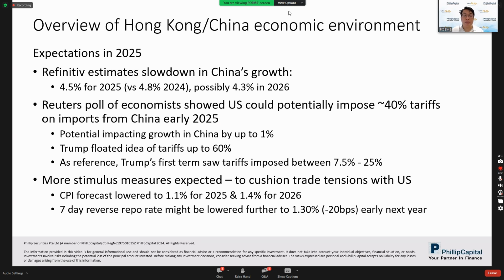Because it's below 2%, it's actually showing some form of deflationary pressures across certain segments, mainly in property and real estate, due to the weakness we see in the real estate sector, with the property developers and all the ongoing issues with some of them. And this ongoing issue of property being devalued, or disinflation, has a negative impact on overall growth